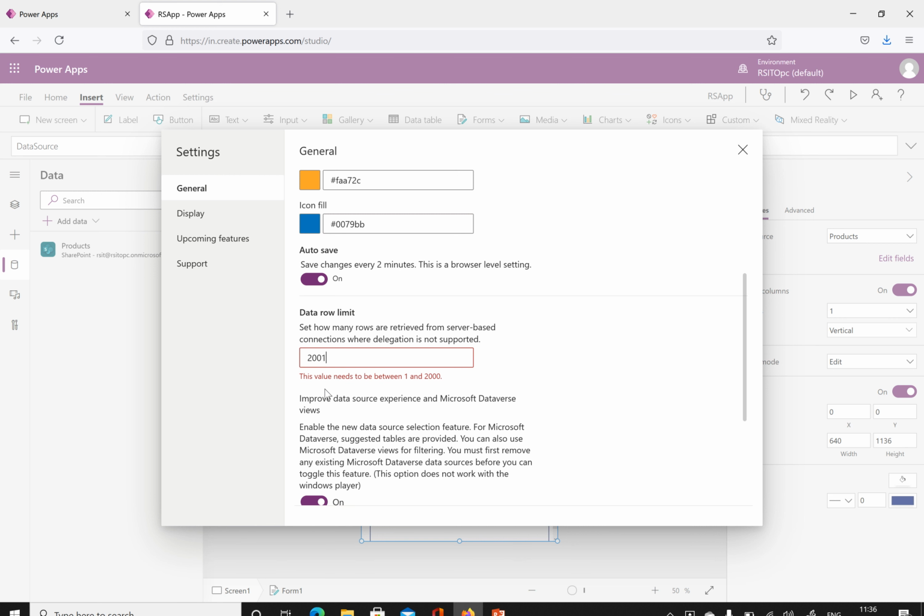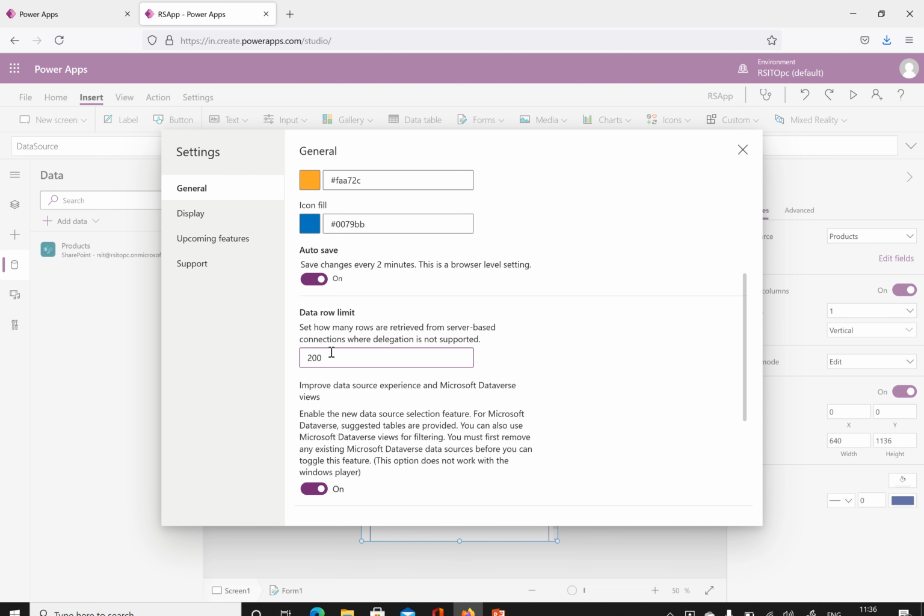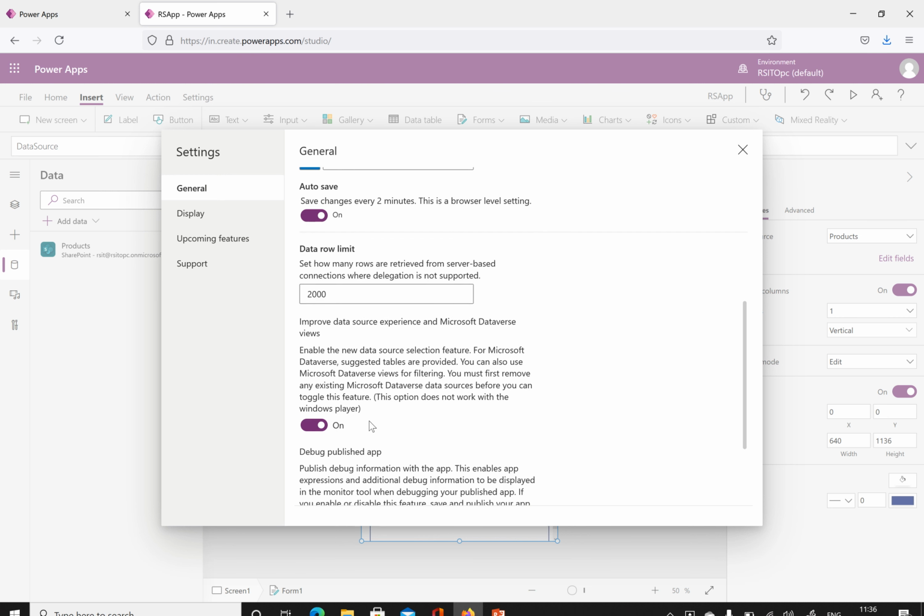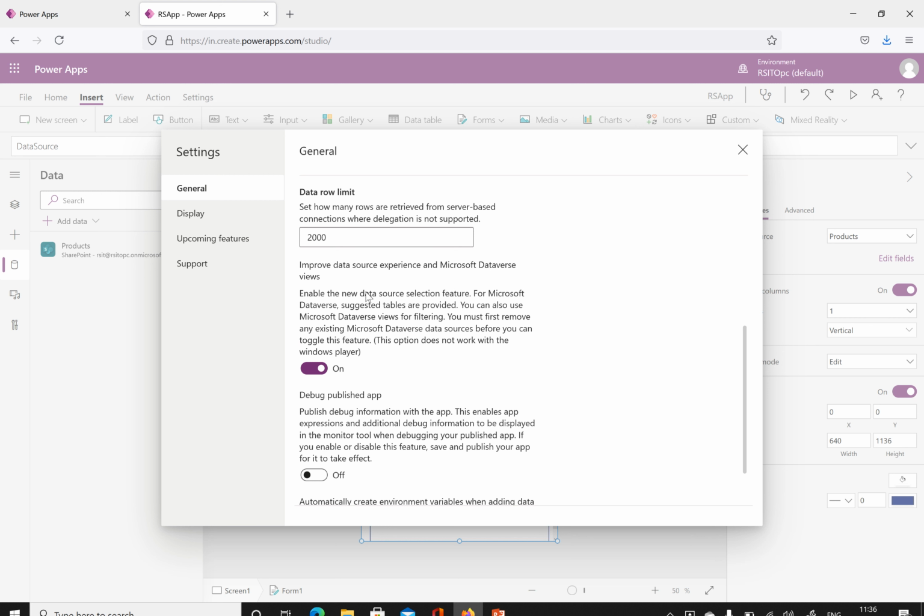When I come outside, the message says this value needs to be between 1 and 2000. The maximum limit of data rows when retrieving is 2000 items, not more than that. So if you enter 2000, you are not seeing any warning message. Now the next one is enable the new data source selection feature.